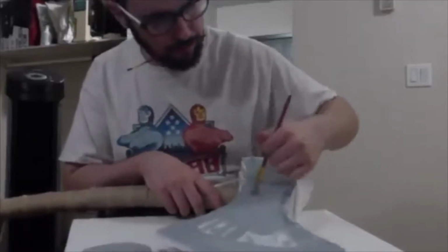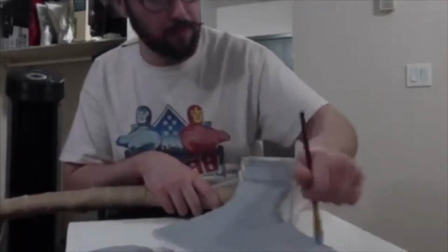Now, the idea behind Foam Forge is to help you create cosplay pieces that don't break the bank and still look awesome. I try to source all of my material from the dollar store as much as possible to keep the cost